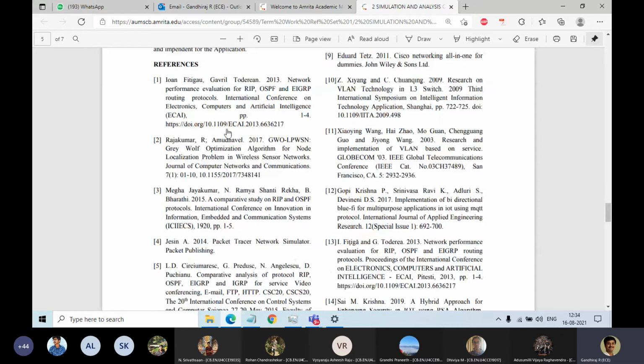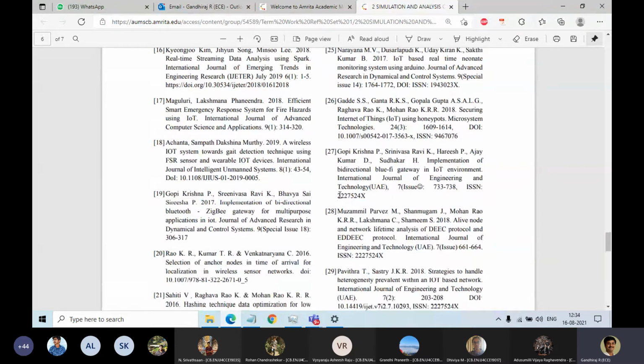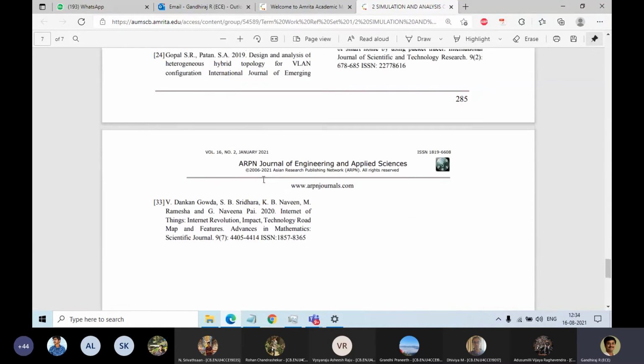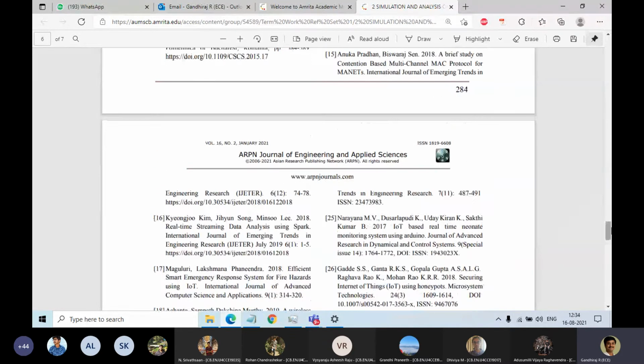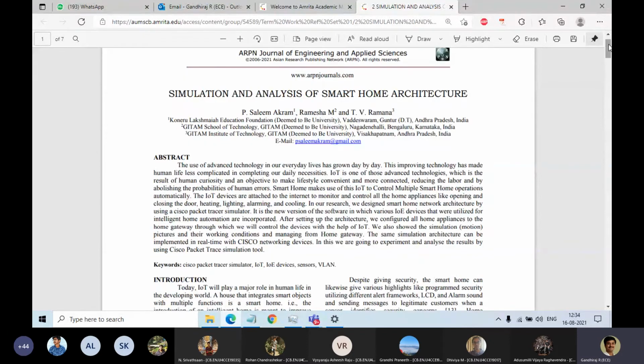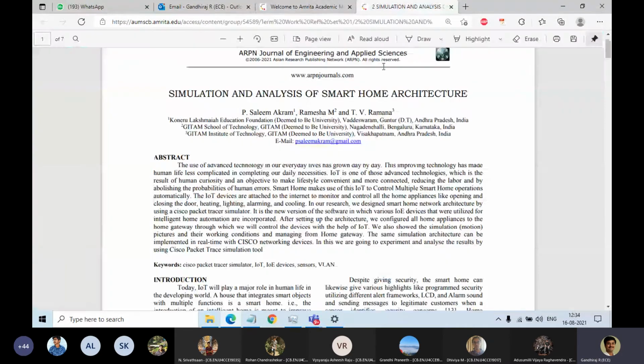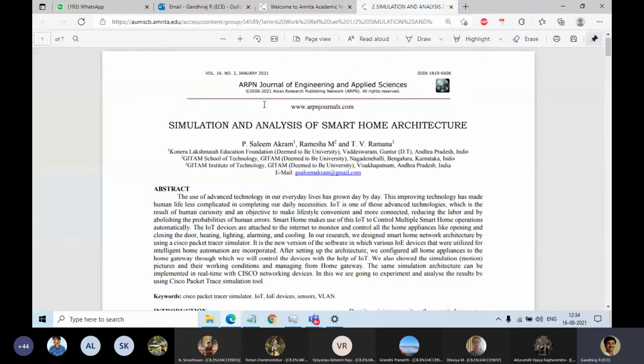This article gives about this. It's a very simple way of experimentation done in a simulation. You can have a look at this.